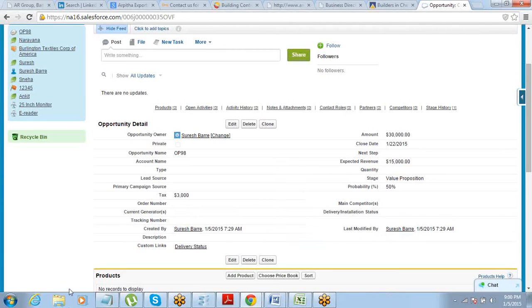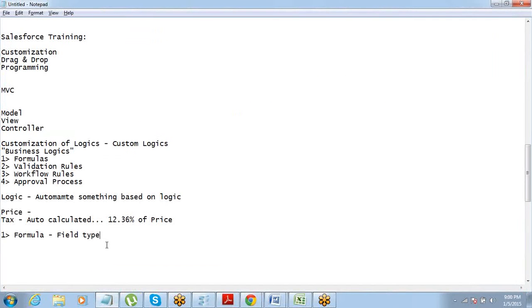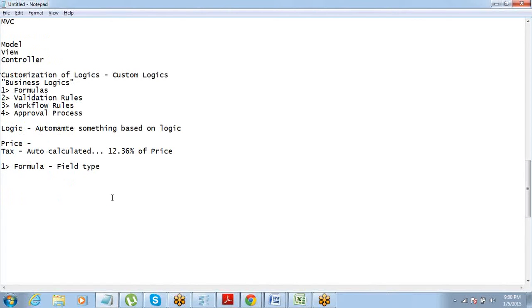Alright, now as I told you, this is a simple logic. So this is the simplest of the logic. This formula can be used for a lot of complex logics, right? So it does not have to be a simple calculation as simple as a tax or something. Let's say for tax only, let's try to get to one more level of difficulty where there is a rule.